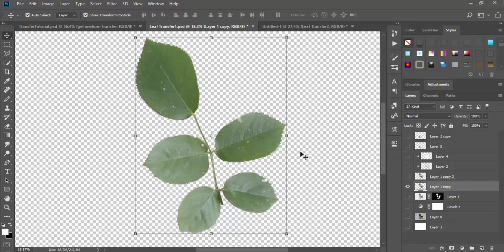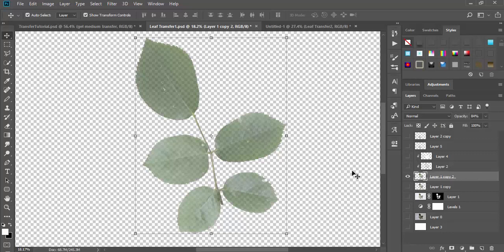So those were my steps, and then I copied it again because I wanted to keep this layer. And this was the layer I actually worked on. And I started with lowering the opacity. I lowered it to 84% because you remember we talked about how the transfer has a bit of transparency in it where you're going to be able to see the texture of the paper underneath it. So I lowered that, and then